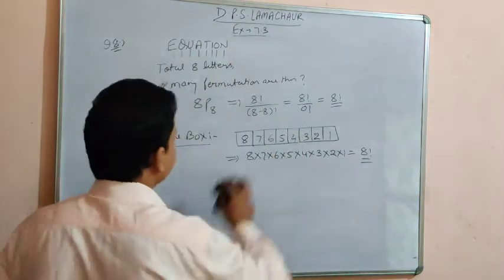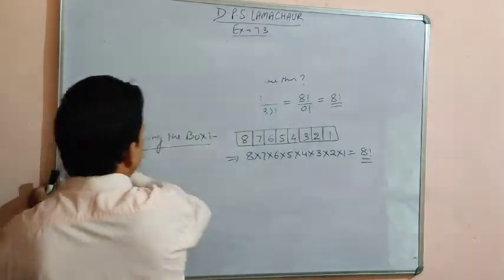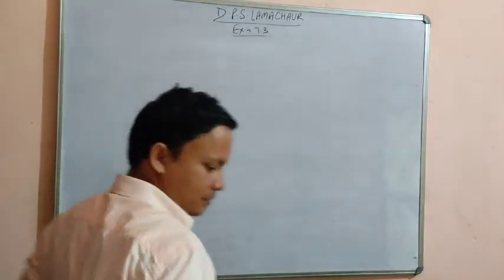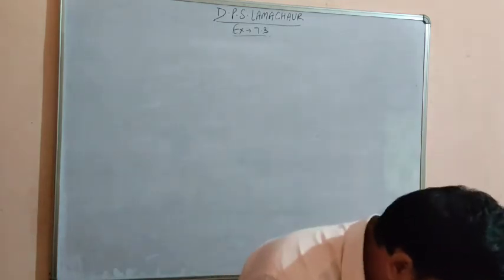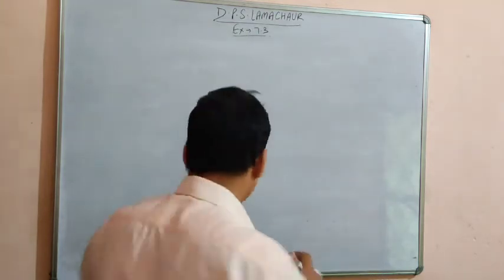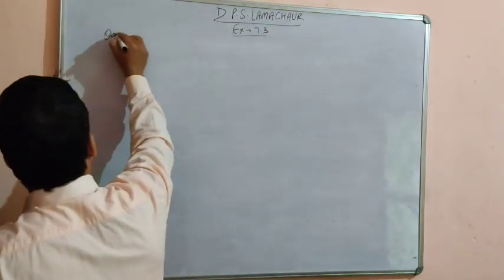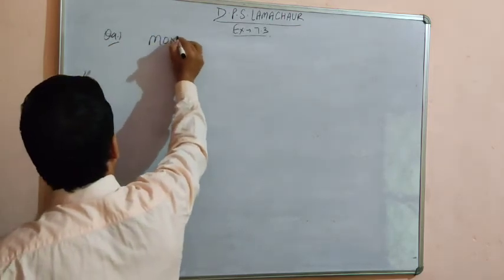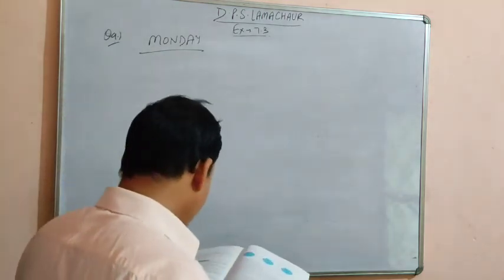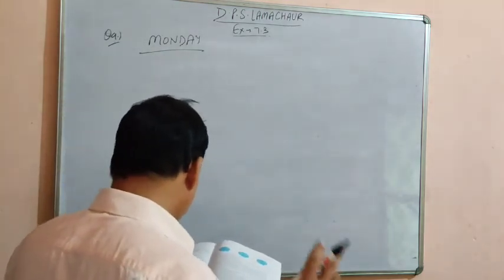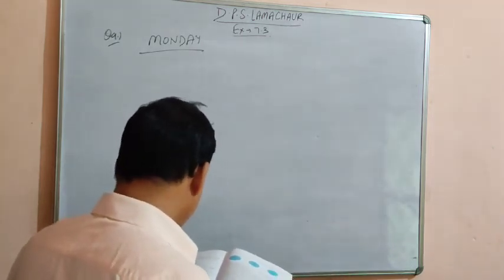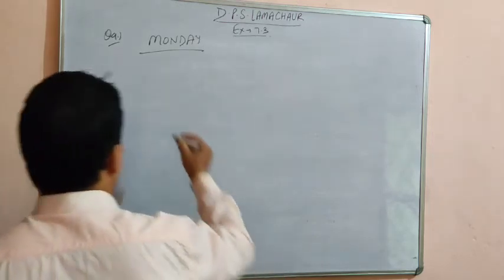Now question number 9. Question number 9 is: in how many words with or without meaning can be made using the letters of the word MONDAY? Now we have been given the word MONDAY: M-O-N-D-A-Y. We have to use the letters of the word MONDAY, assuming that no letter is repeated, repetition is not allowed, but there are three conditions. 4 letters are used at a time, all letters are used at a time, all letters are used but the first letter is a vowel. So we have been given 3 conditions.